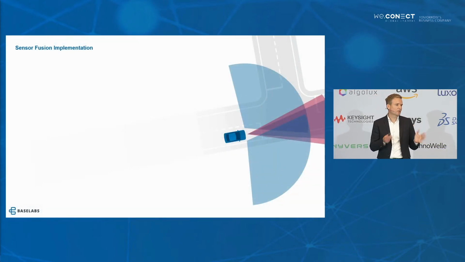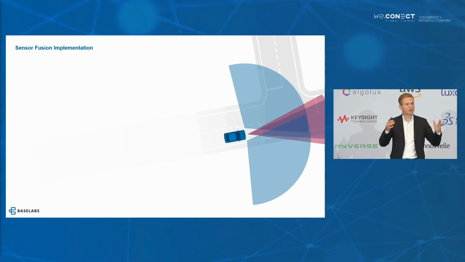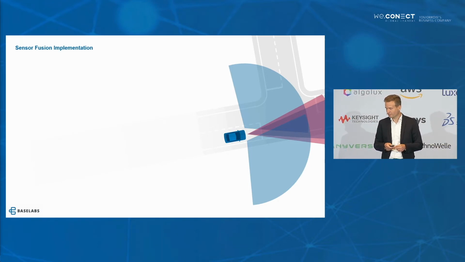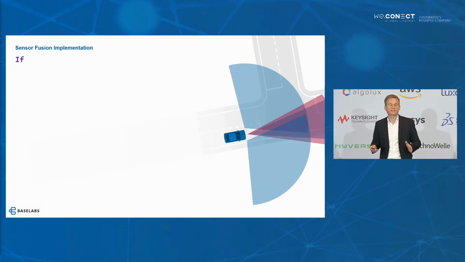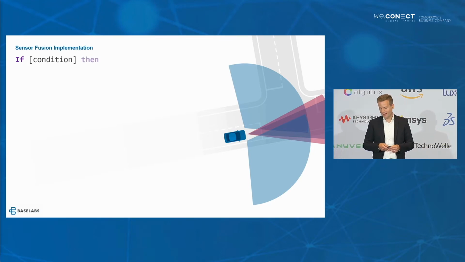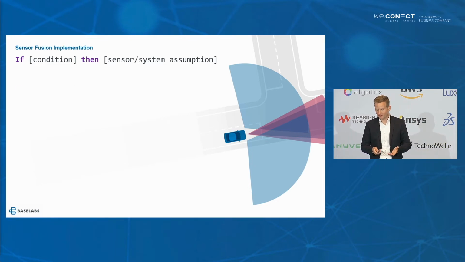When we look at the source code of sensor fusion algorithms, then of course we find those typical algorithms in there, Kalman filters, association methods, and all these things that we all know since decades. However, if you have a closer look at the source code, then you very often find a lot of conditional expressions, so we find many of those if statements. And what follows on the if is some condition, and if the condition is met, then the developer typically makes some assumptions about the underlying system or the sensor, and he writes that down in code.